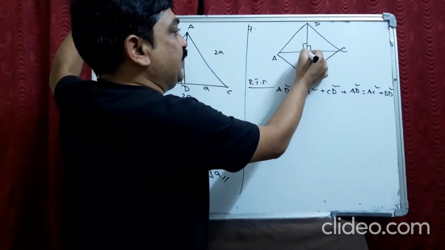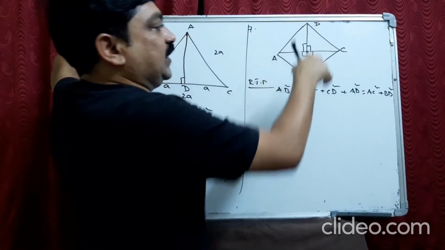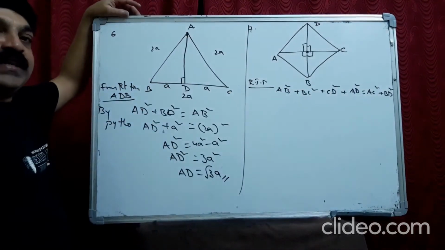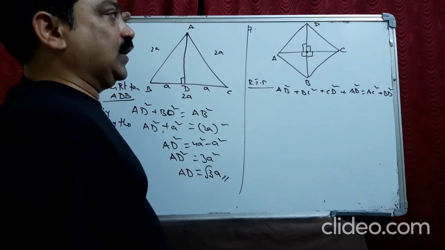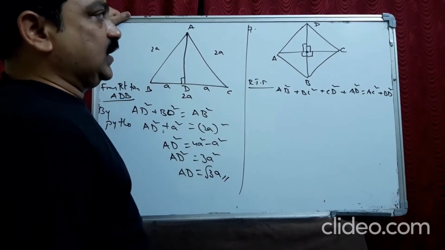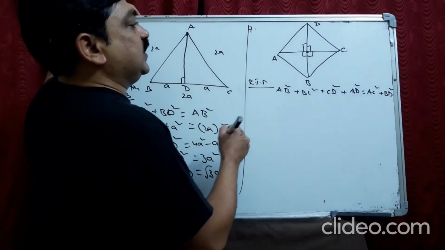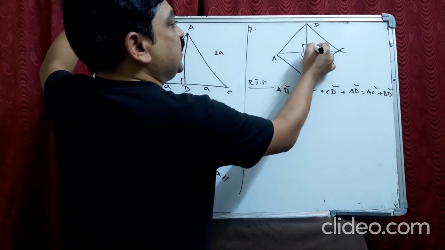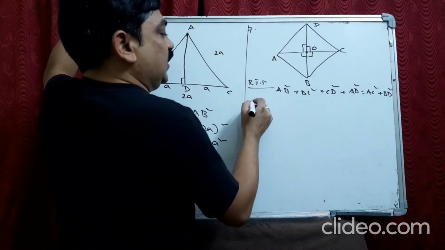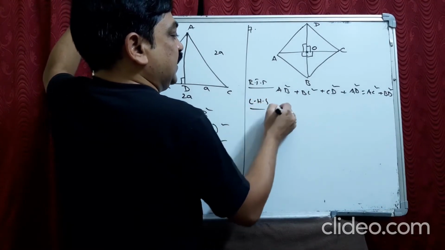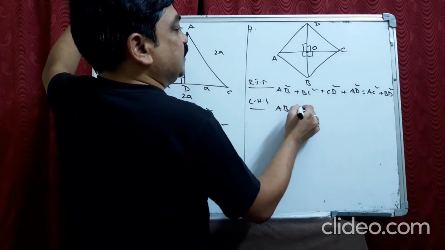This will exactly meet at the midpoint of the diagonals. So all are 90 degrees. They bisect each other. Orthogonal means perpendicular. Now, how to do this? Let us take this point as O. So for the LHS, I start with AB square plus BC square